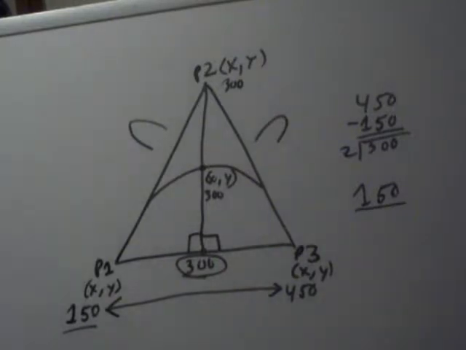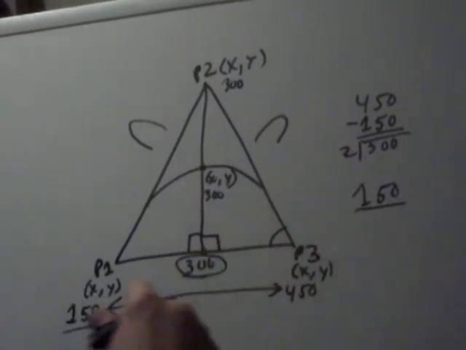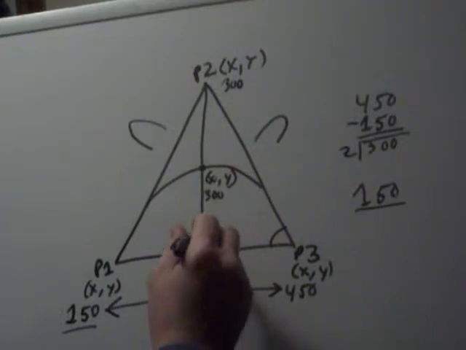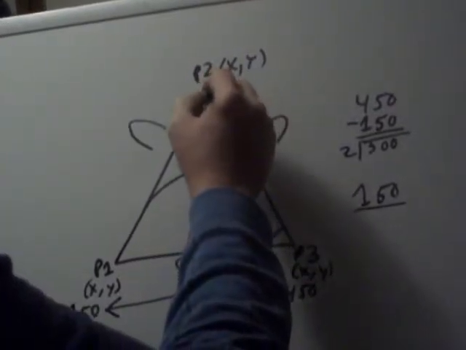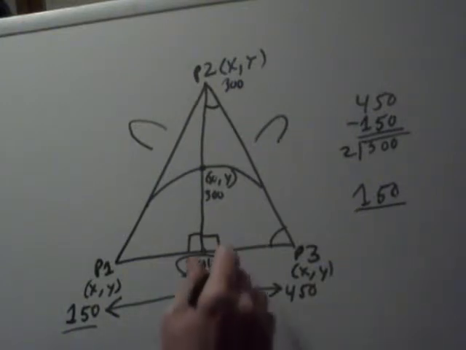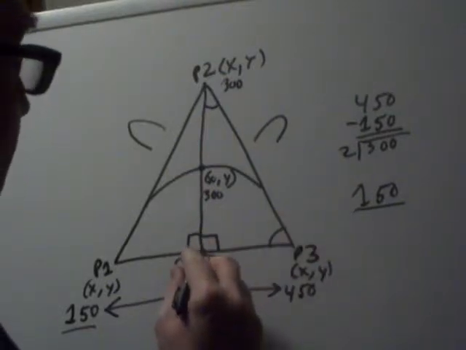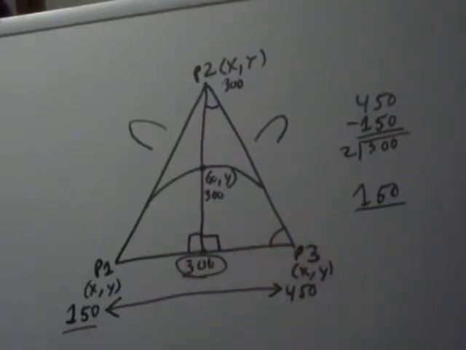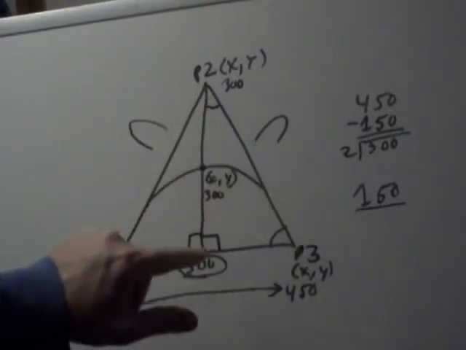Now then, let's say we knew all three angles. The number of degrees in this angle is 90, and let's say we knew the number of degrees of this angle and this one as well. Then we can start using trigonometric ratios because we already know the length of this line: there are 150 pixels between here and here. So you already know the length of this line right here, and if we know all three of these angles,